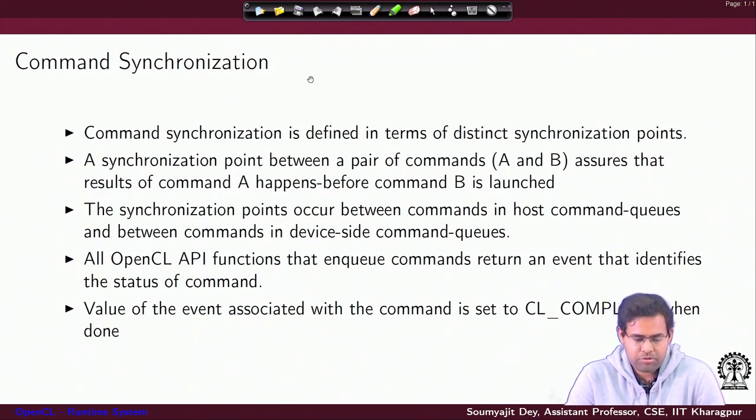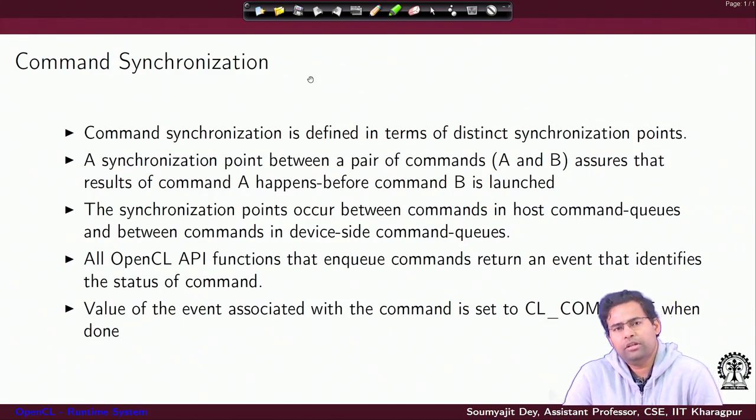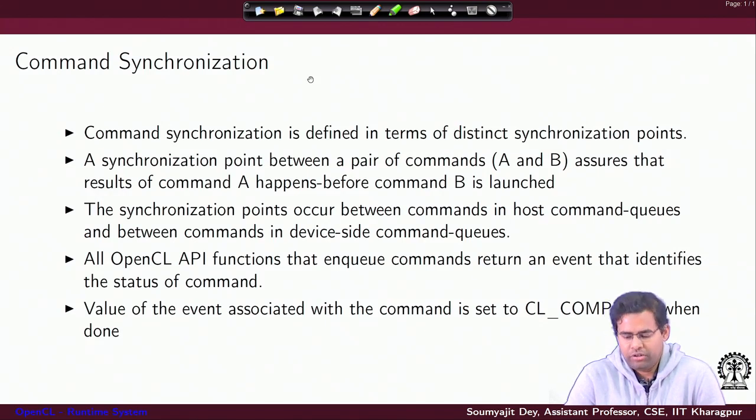We will see some examples. And all OpenCL functions that enqueue commands return an event that identifies the status of the command. Like we have discussed earlier, for every command which is being enqueued, an event is returned, and by polling or querying that event, I can always figure out the status of execution of that command.